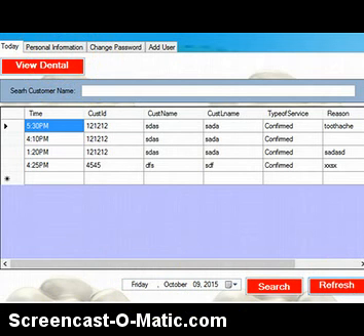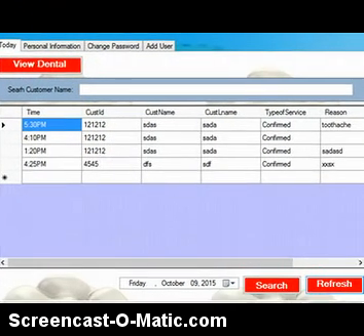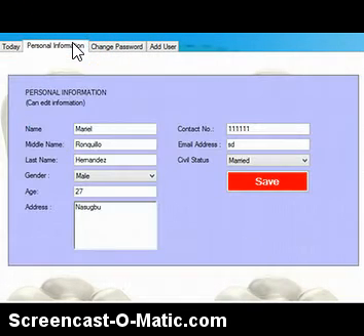Then after that, the personal information is pertaining to the dentist. So you're going to write here the name, the middle name, the last name, and so on. Then if you're done, just click save.